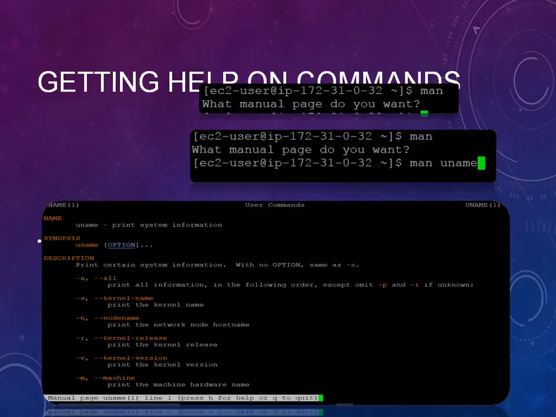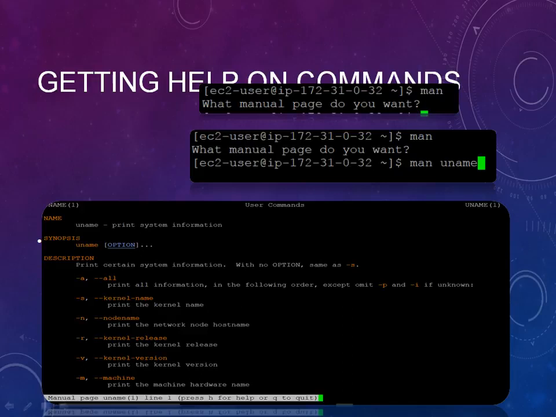Okay, and then another important command is man, the manual page. So if you want any information related to any other command, and if you are not sure about that particular command on how to use it, man is a help command, a powerful help command in Unix. It will really save a lot of time when you are not sure about the command and you want to see the description of it. Just type man and enter, and you can see what manual page you want.